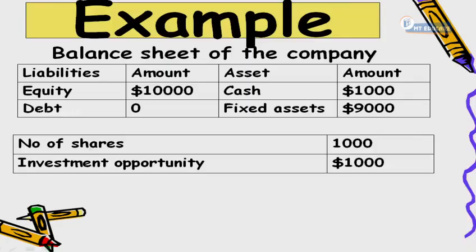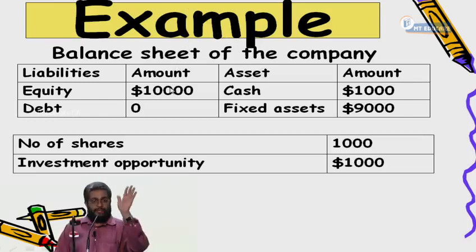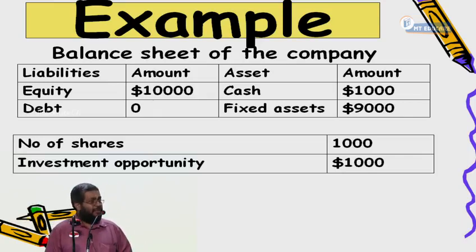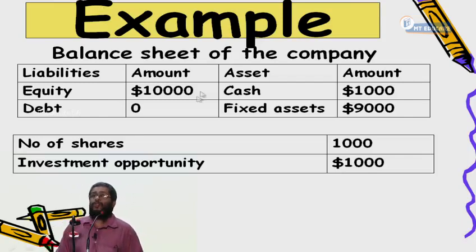My first question is, the $10,000 equity is neither share capital nor reserves and surplus. It is the current market value of the share. How does the share get its value of $10,000? A share is a piece of paper, it is valueless. The share gets its value because of the asset which it represents. It represents the company's assets. What are the company's assets? Cash and then fixed assets.